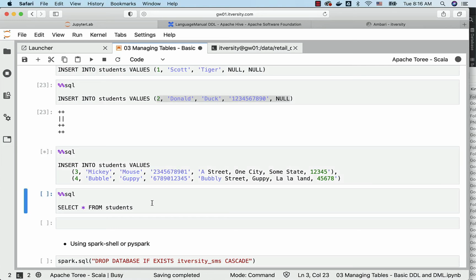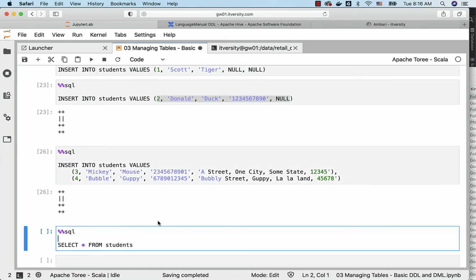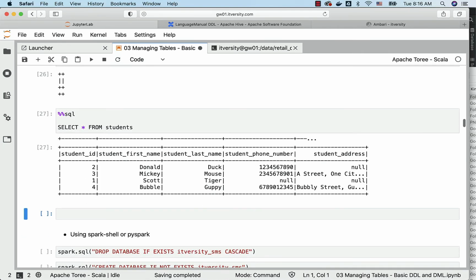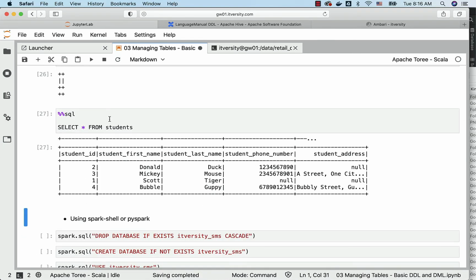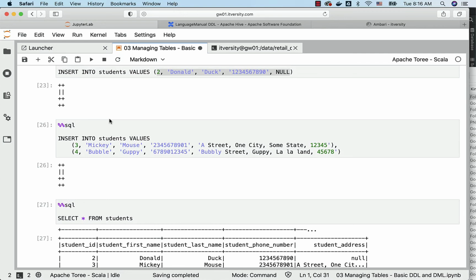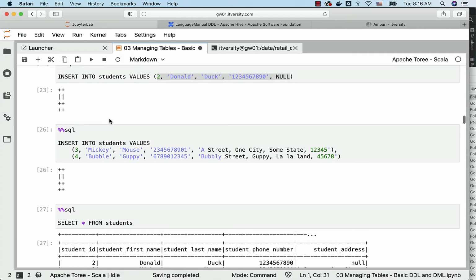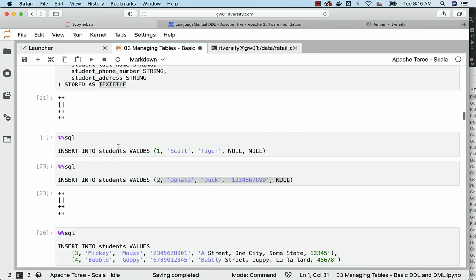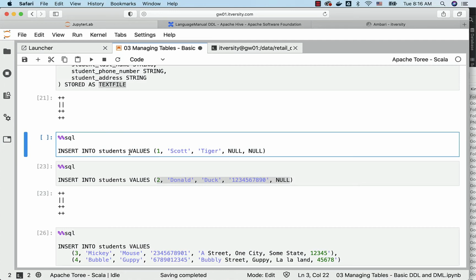Once we run this, we can run the select star from students query, and we should be able to see the 4 records that are inserted into the table. Now, some of the things which you need to keep in mind while coming up with insert statements to insert individual records into Spark Metastore table is that you cannot specify column names the way you can specify using traditional RDBMS inserts. If you want, you can actually specify column names like this, and you can only pass some of the values in traditional RDBMSs. That approach is not supported in Spark SQL. It is supported in Hive, but not in Spark SQL.